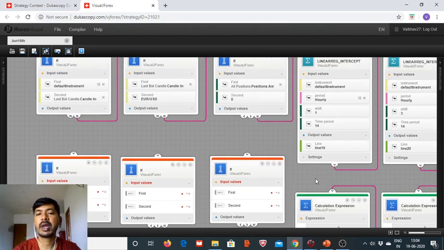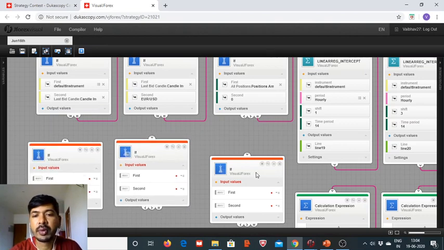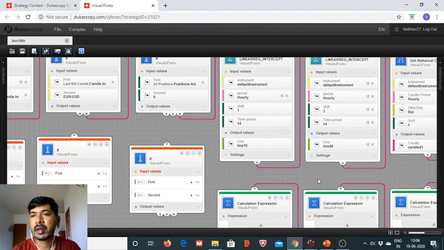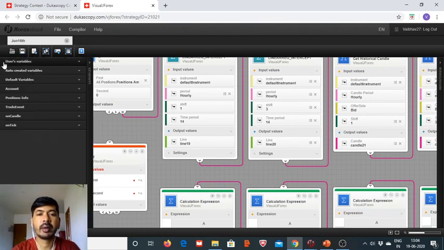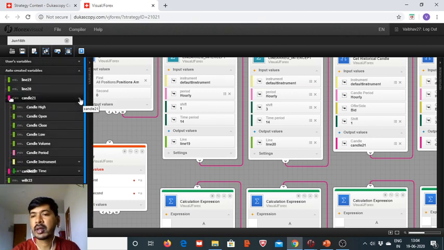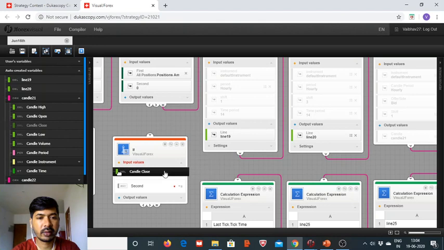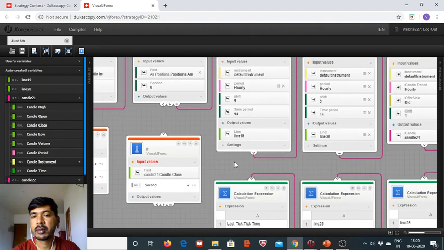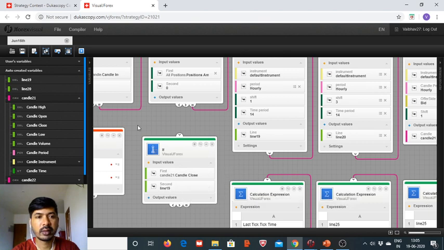So first thing, we have to see that last hour's closing level is below the linear regression intercept, and for that we have to take into account the candle 21's closing level and compare it to the line 19. So we here have to take candle 21's closing level, candle close, this is the candle close, candle 21, and we have to consider line 19. Okay,